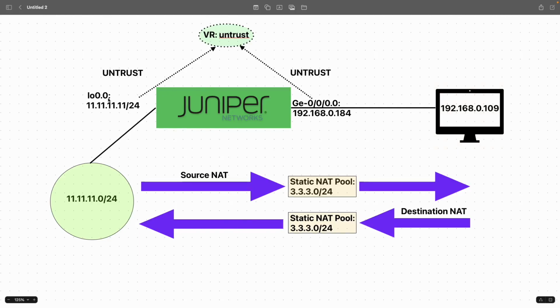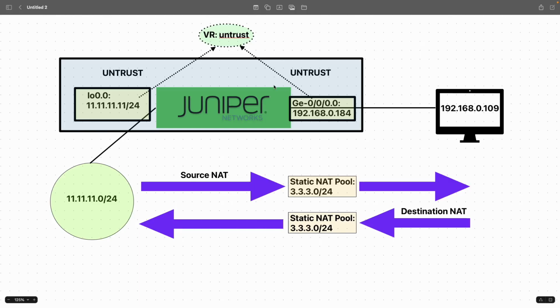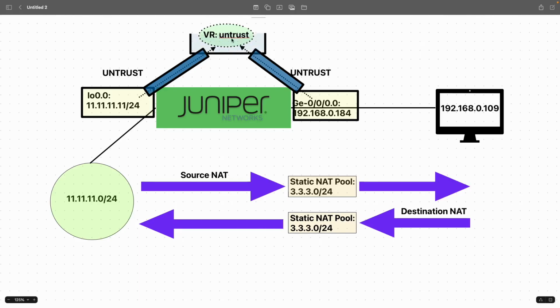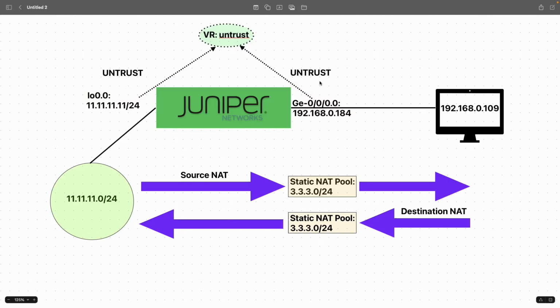And the internal interface loopback lo0.0 and the external interface ge-0/0/0.0, both of the interfaces are in the untrust zone, and both belong to the untrust VR. So I have the untrust VR created where these two interfaces are listed, and these two interfaces are in the untrust zone. For simplicity, I have configured them,